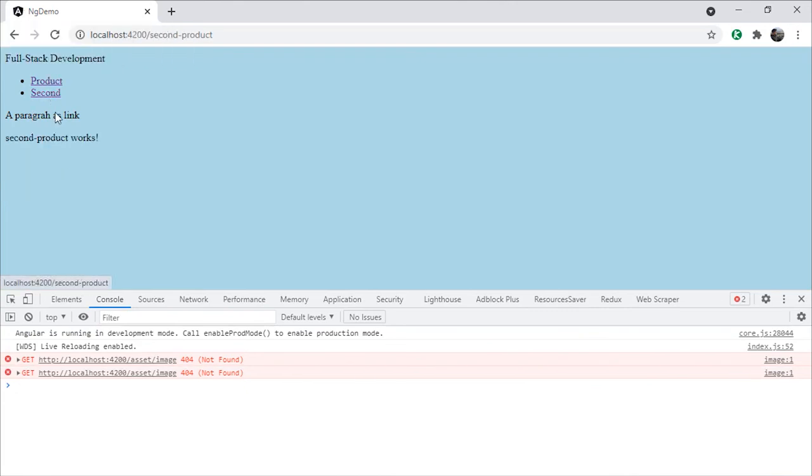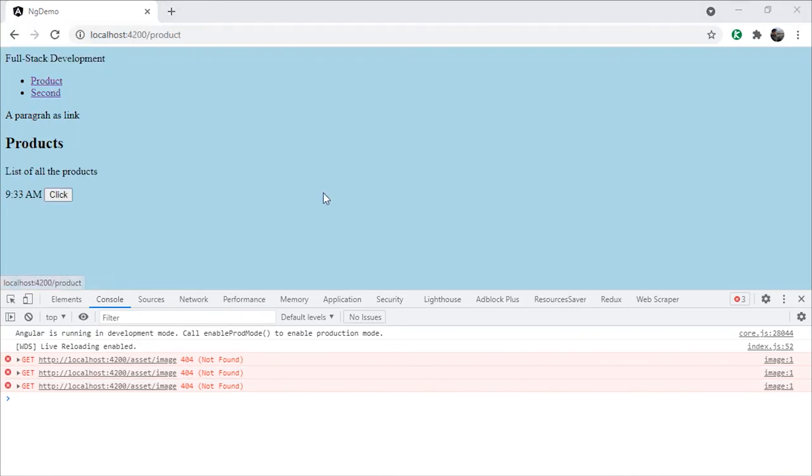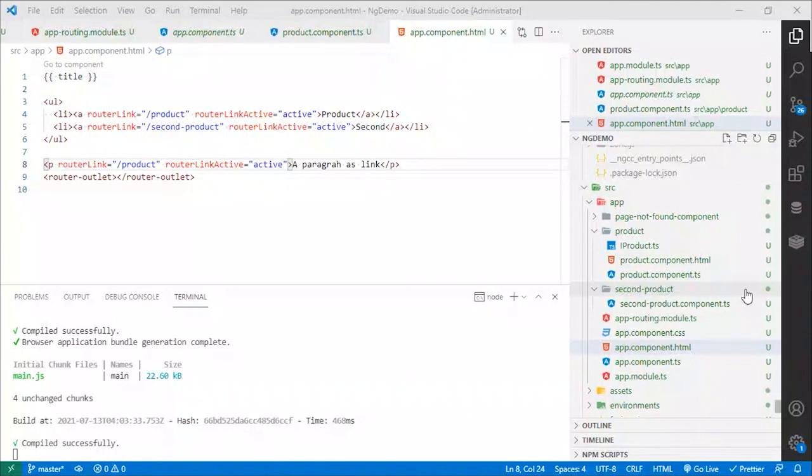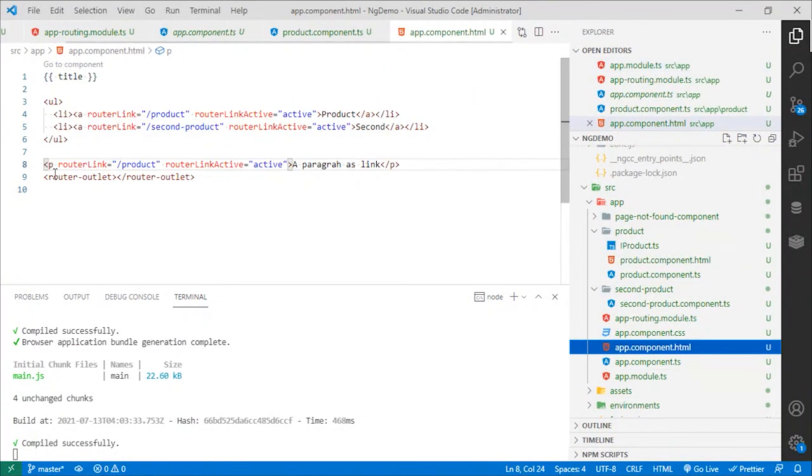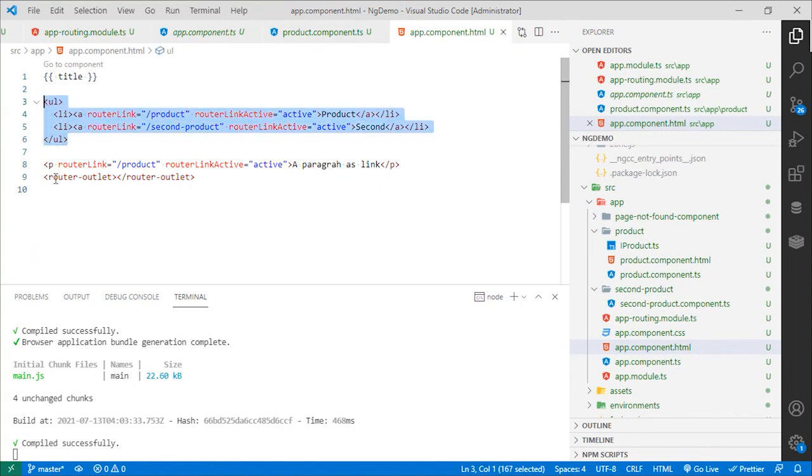So not the entire page is refreshing, only the part where we have defined this router outlet. Only this part is going to get replaced. Make sense? So you're going to have a couple of links, and you're going to have a router outlet tag added, and based on this combination, this particular element is going to get replaced in the page. Right. So with that, let's move on to the next topic,